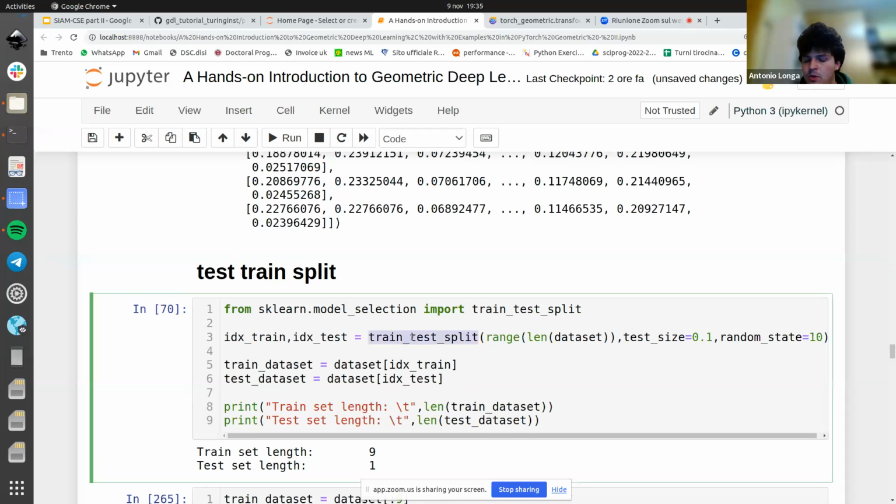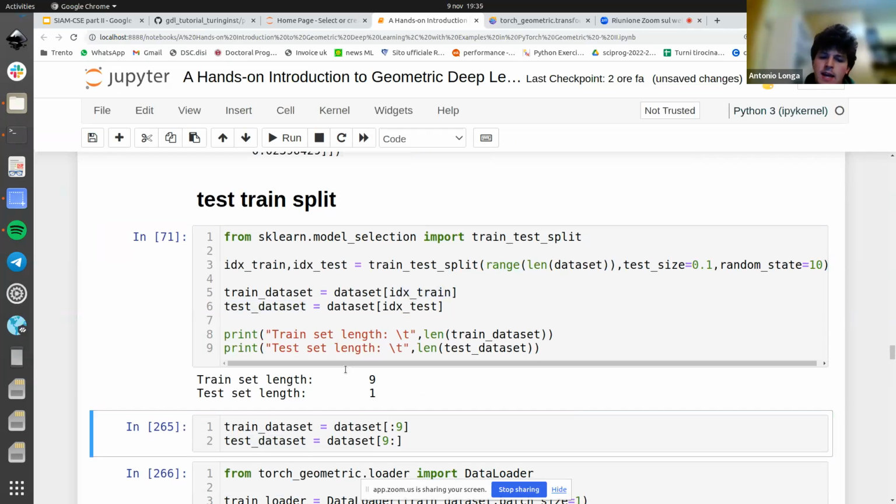How it works: you basically specify that there are 10 elements. You specify the size of the test set and a random state for reproducibility. You create your test and train data sets just by accessing with those indices. And then at the end of the day, you will have